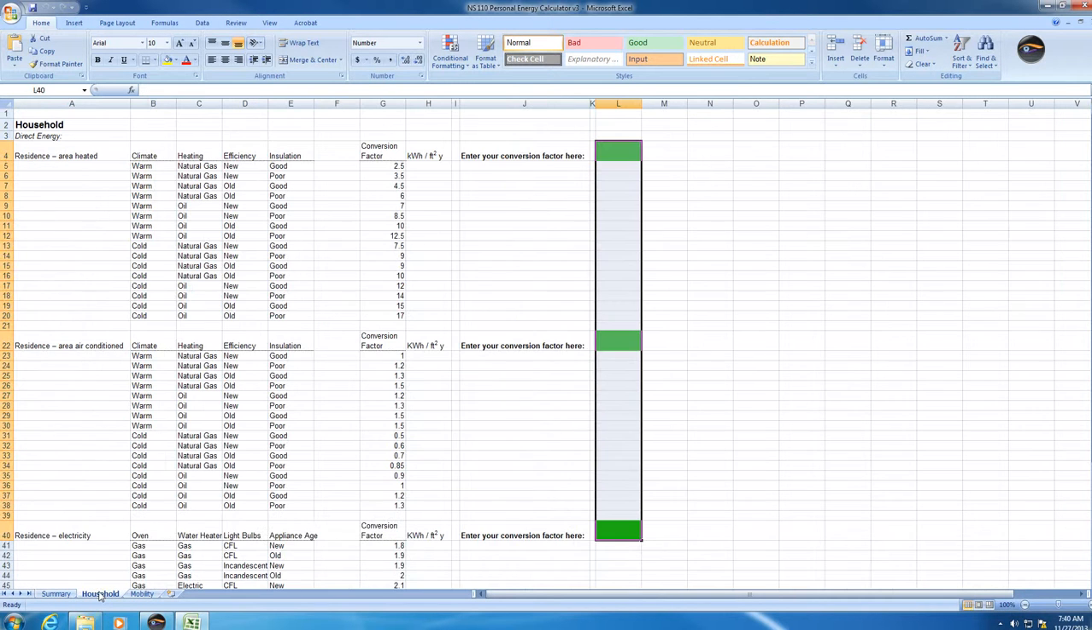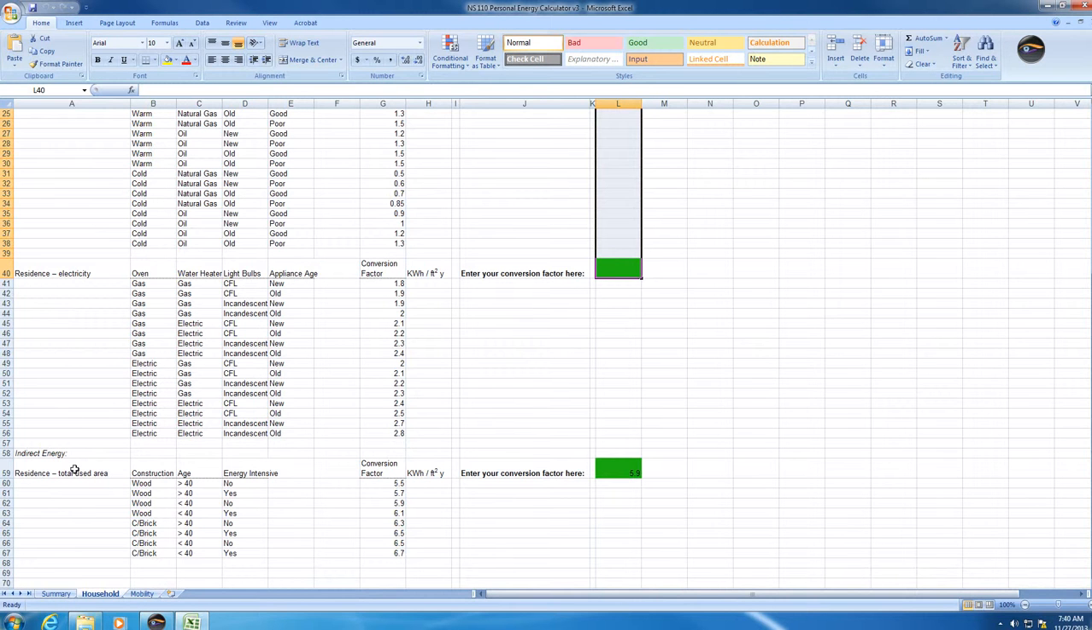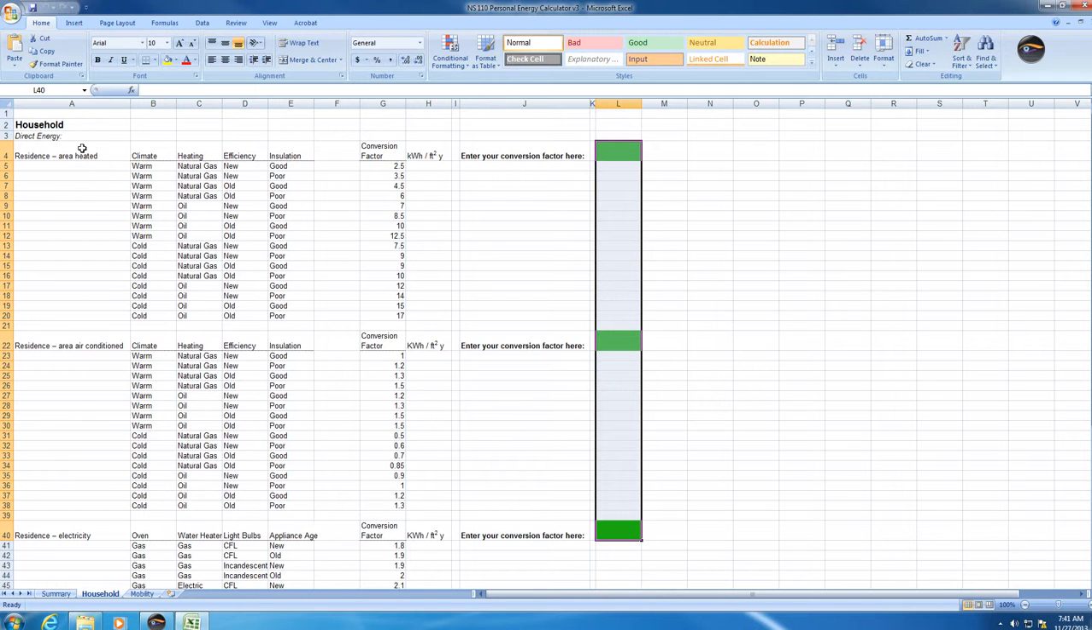Let's go through one example of how to calculate a conversion factor for household energy use, and then we'll give you a chance to calculate the remaining conversion factors. Under household use, we calculate energy use for heat, air conditioning, electricity, and indirect energy for the total area used of your house. Let's say that the climate we're in is cold, that we heat the house using oil,